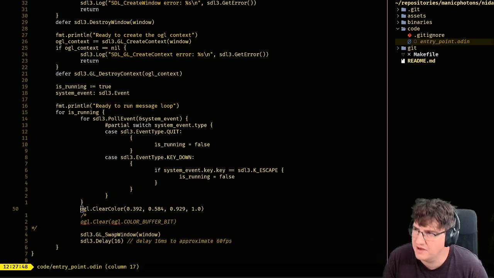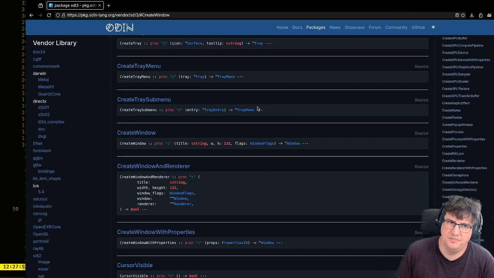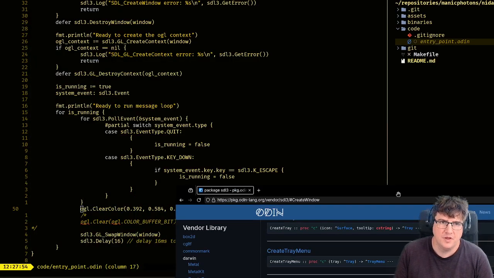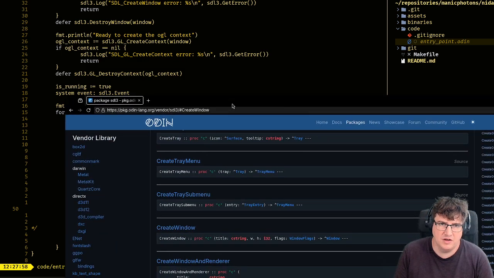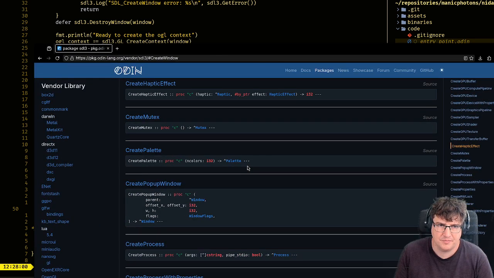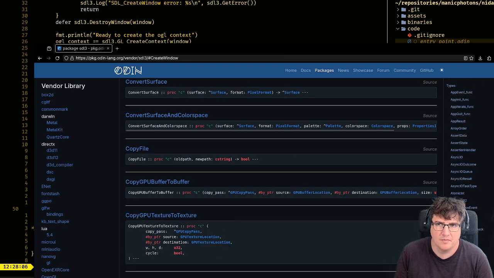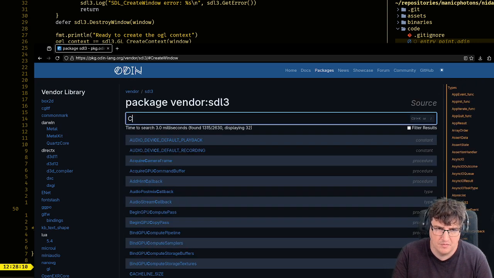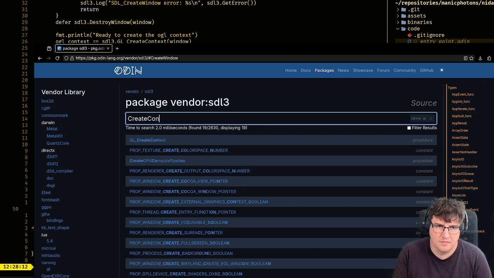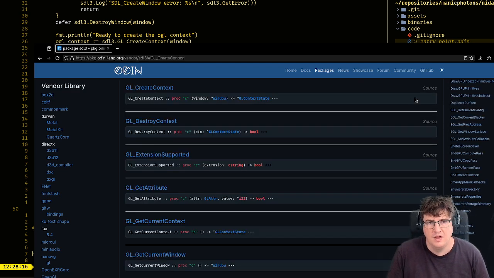So let's go back to looking at our SDL3 documentation. So I am getting the context from GL create context. Okay. Which is this.